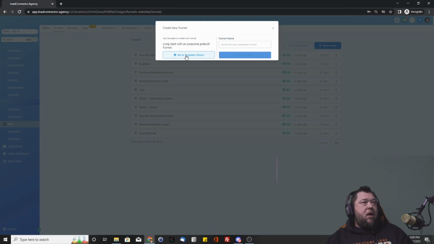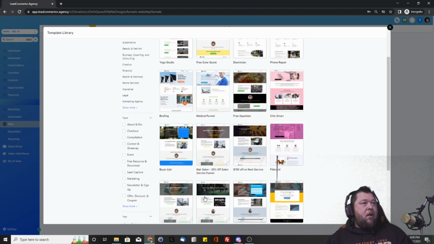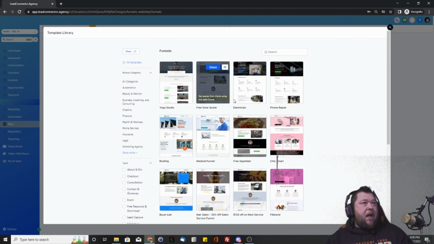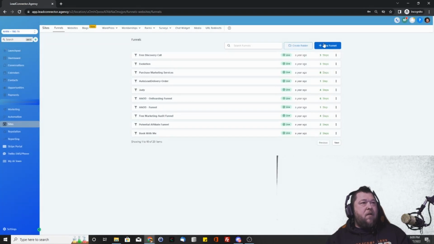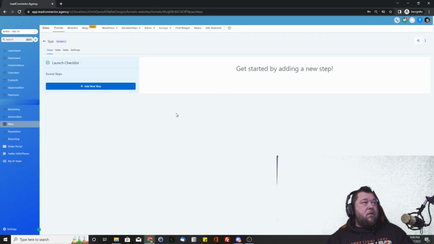have the option to go to the template library, in which you can choose a fun template from one of the categories, which we might go into another time. We're going to do this one right from the ground up. We're going to just put in a funnel name, hit new, and over here we've got a couple tabs to